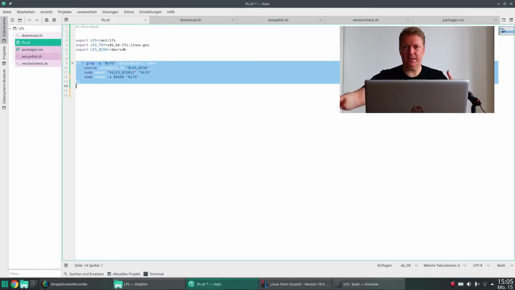So if I reformat the whole USB key, that's going to require root privileges, but